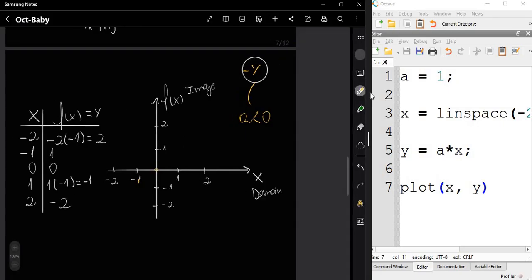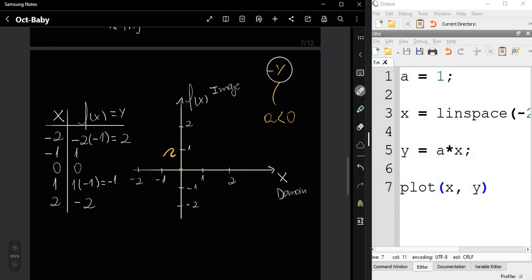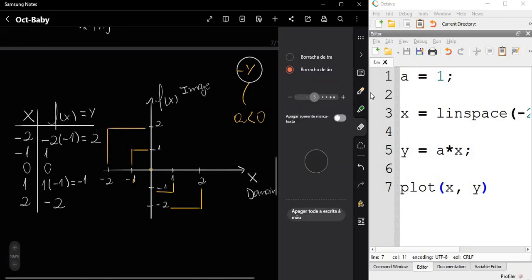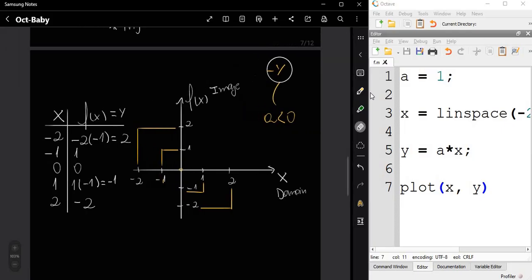Okay, so for x equal -2, we get a positive 2, for -1 we obtain 1. For x equal 1, we get -1. And for x equal 2, we get -2. Okay.